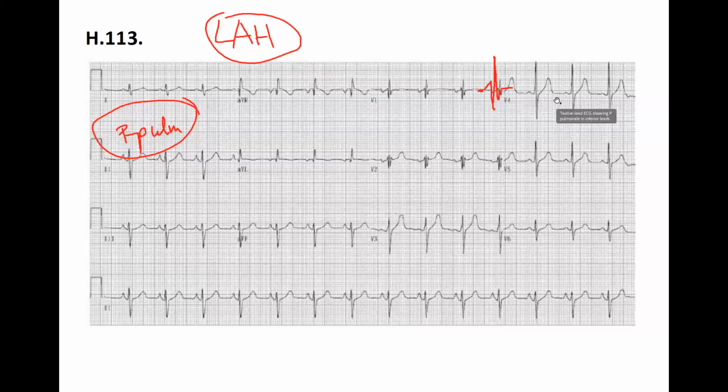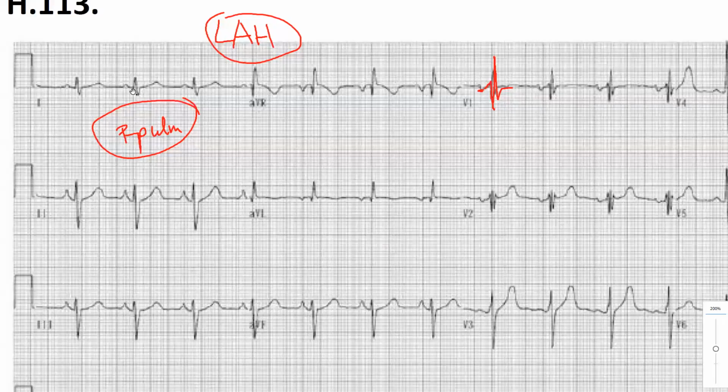It's narrow. The QRS is narrow. And if you are looking at, for example, lead number 1, it looks like the second phase is a little bit wider. But it's still narrow. So all of them are narrow. That can indicate